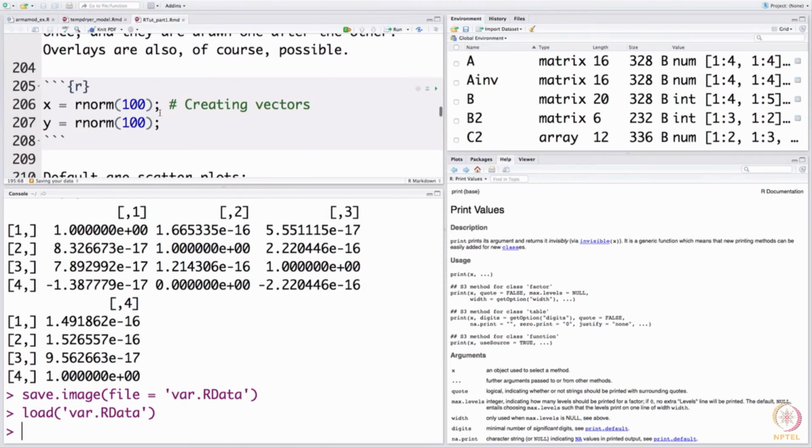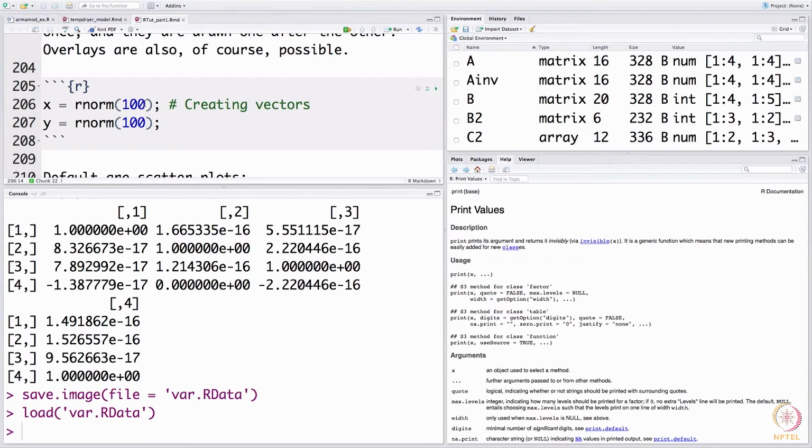So, let us create here now two vectors x and y. I am not going to rename them as x vec here, and I am just creating randomly this vector by drawing 100 numbers from a Gaussian distribution, and every instance of rnorm will generate a different set of numbers unless you fix a seed.